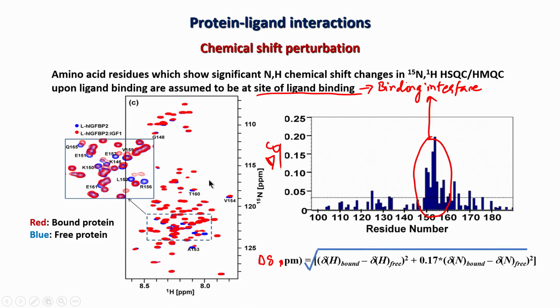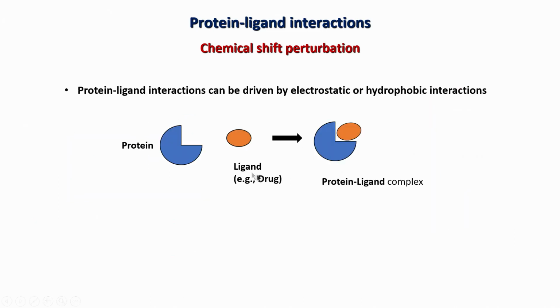Okay. But now let us see further, there are some little complications which can happen. First of all, one should know what the different types of interaction are. For a protein to ligand or a drug molecule, the possible interactions could be electrostatic in nature, or this interaction could be dominated by hydrophobic interactions. These are the two broad possibilities. So, how do we know whether it is electrostatic or not? We can find out like this.